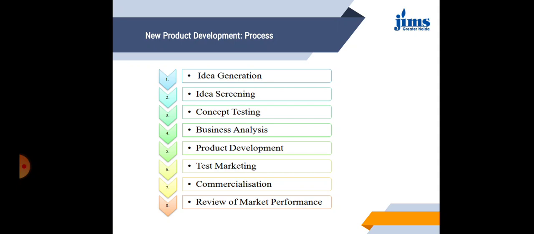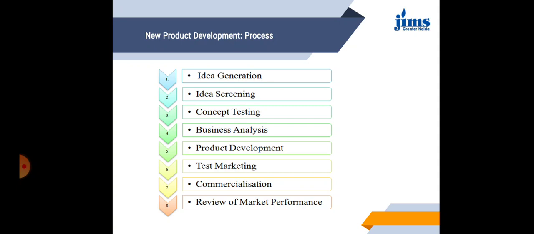This screening involves understanding the viability of the idea so that it can either be rejected or accepted. Once a final idea is taken into account, the concept of the idea is tested by the technical experts in terms of technicality, economic viability, and commercialization aspects. The concept is tested, and if approved, it is analyzed on the basis of its suitability for the market and